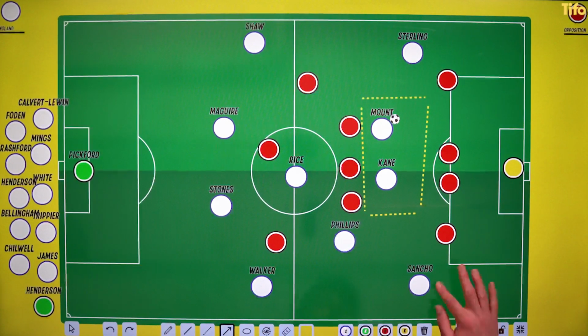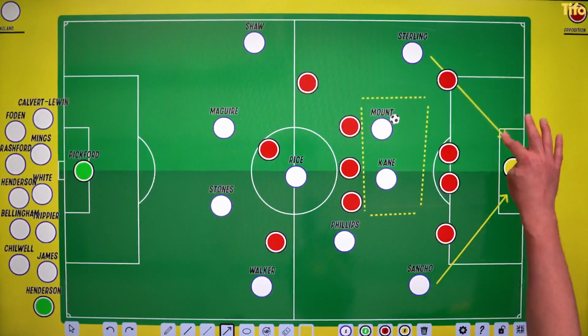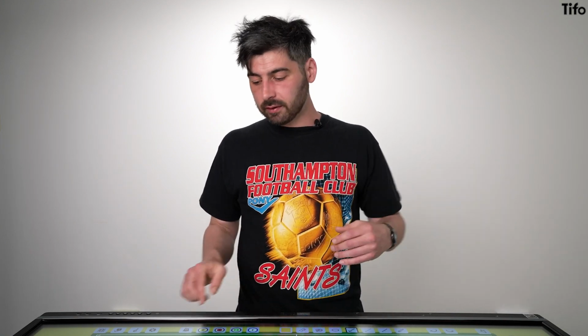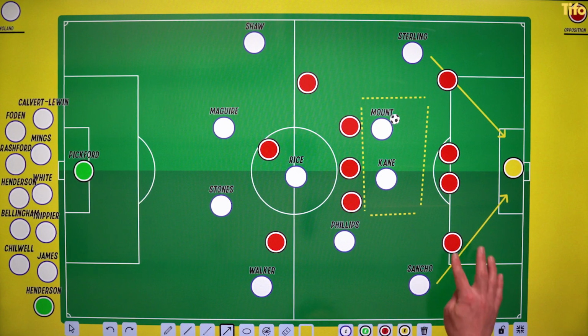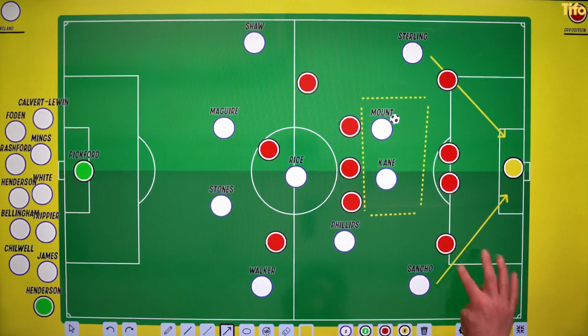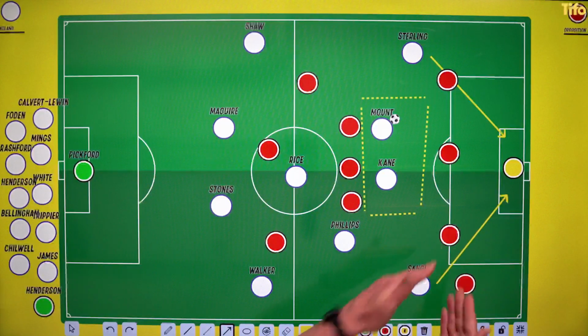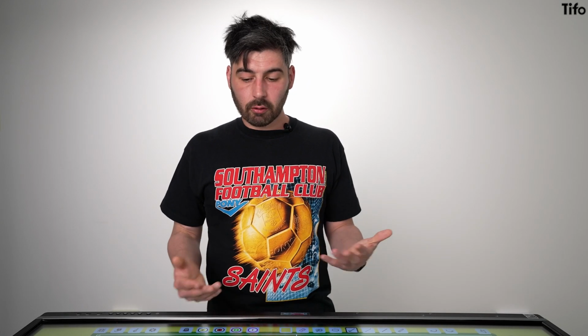You've then got players with real pace in the wide areas who are able to feed on those through passes, who are able to get in behind the defence, attack the channel either on the outside of the opposition fullback or potentially in the space between the opposition fullback and centre-back. And that's very, very dangerous as well. That allows England to be a little bit more direct.